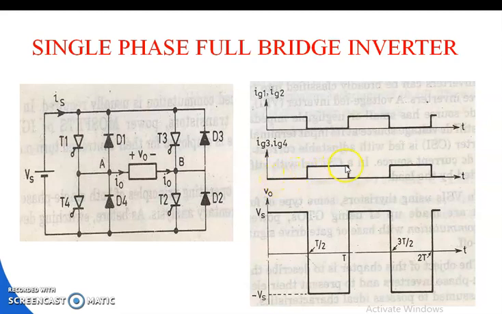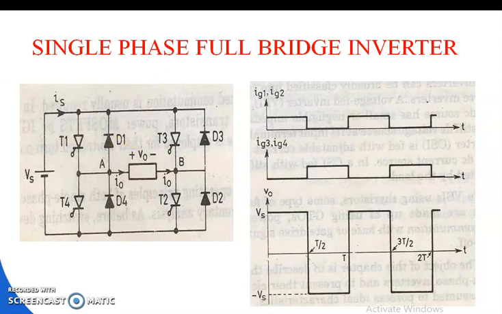In this portion, in which thyristors T1, T2 are off or commutated, the Ig3 and Ig4 gate pulses arise here. Again at this portion, the Ig1, Ig2 gate pulses are given, so that the Ig3, Ig4 pulses will be 0. In this way it reverses its polarity from time to time after giving a pair of pulses Ig1, Ig2 for turning on thyristors T1, T2, and Ig3, Ig4 for turning on thyristors T3 and T4.